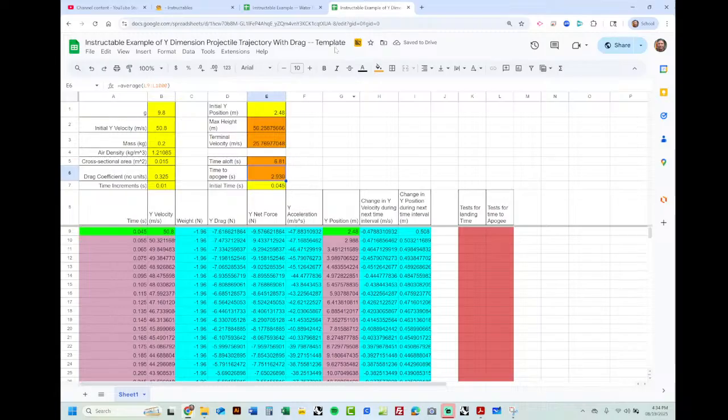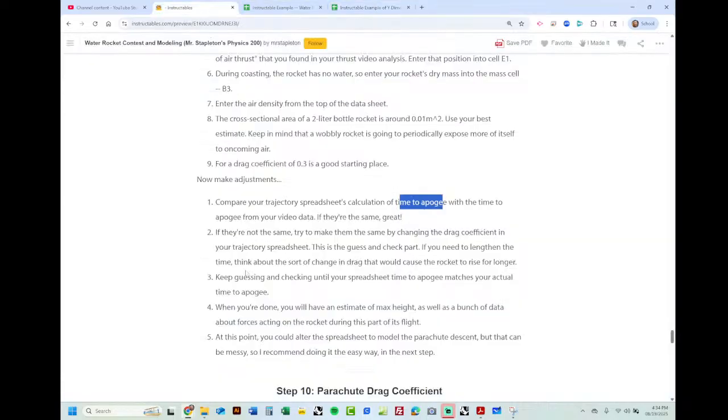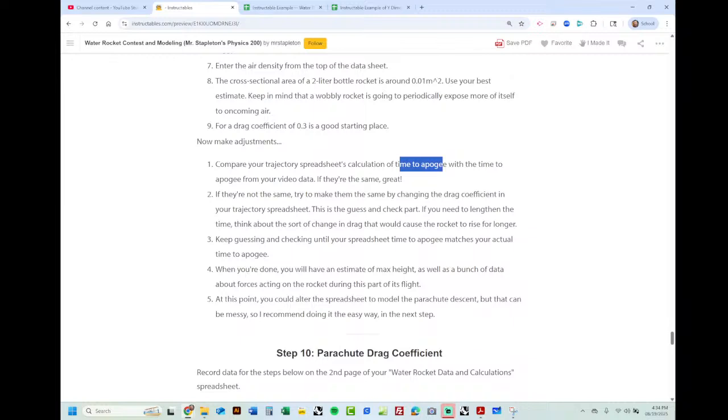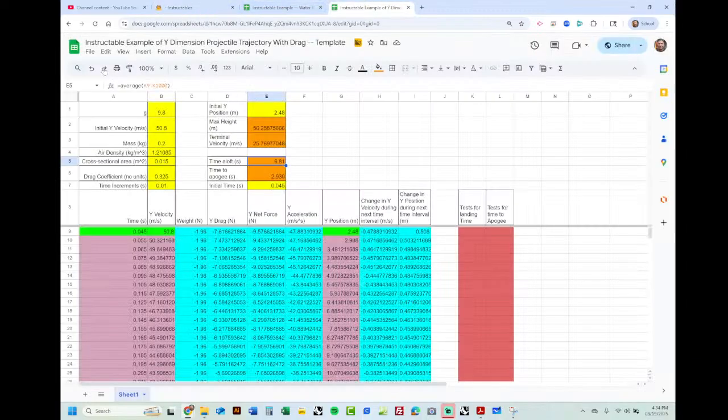All right. Now time aloft 6.81 clearly stayed in the air a lot longer than that because the parachute opened. So I've got that. At this point, you could alter the spreadsheet. It's messy. So that's really all we need from this. So you need to save this in this form. We have the drag coefficient. We've got